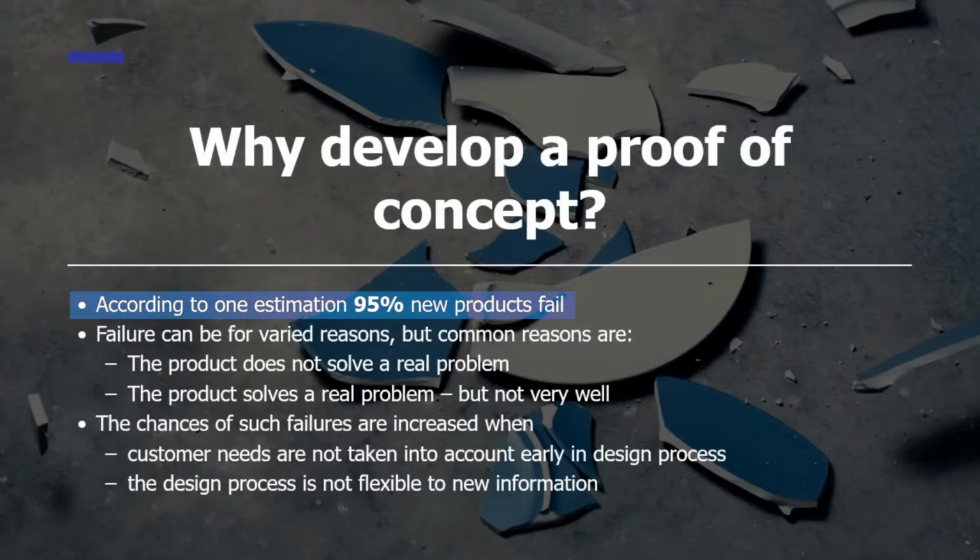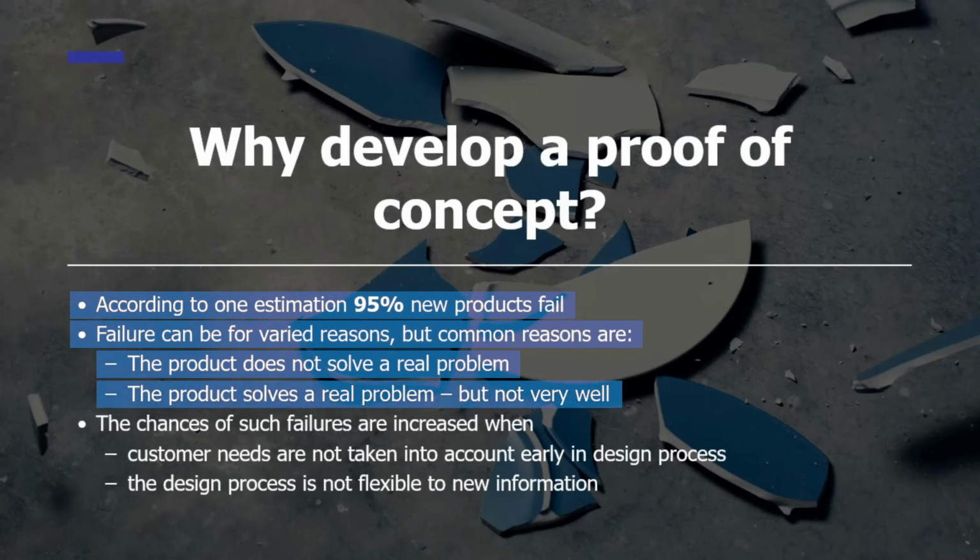So according to one estimation, about 95% of all new products fail. And there can be many reasons why products fail, but the common reasons are that your product, even though you think it's a really good idea, doesn't solve a problem for other people. They don't see in your product what you see, and they don't really want it, they don't need it, therefore they're not going to buy it. Another common problem is that the product is needed, people see value in it, but the way that you're proposing to approach solving that problem won't really solve that problem very well for them. So they will try and choose a different product.